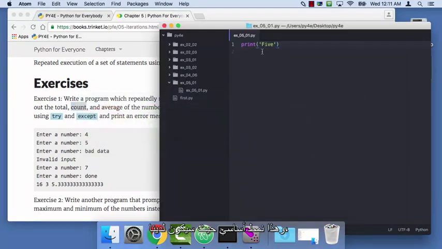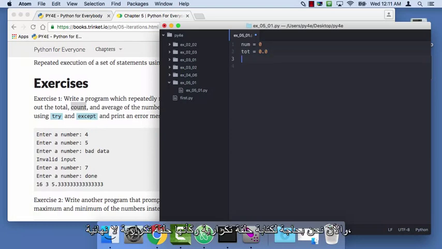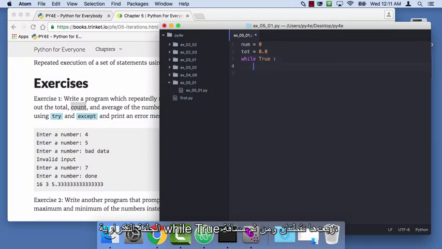And so this is just a basic pattern where we're going to need an iteration variable for the count. I'll call that num. We start that at 0. And then tot, and I'll start that at 0.0. So that's the running count and the running total. Now we need to write a loop. And I'm going to write this as an infinite loop, while True, with colon, and then I'll indent, and I'll